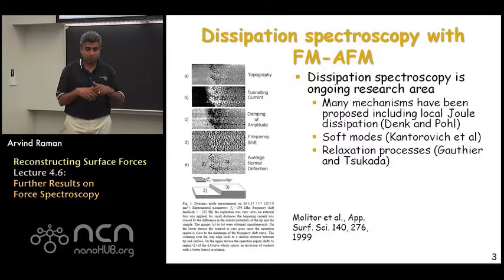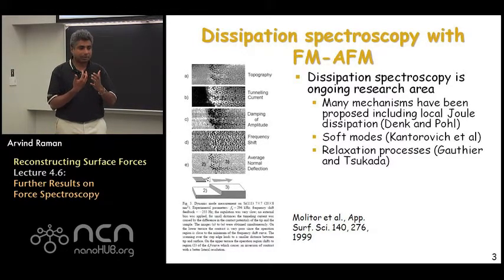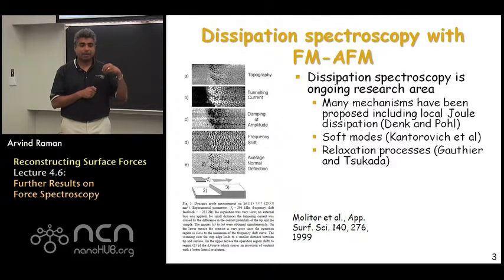So the question that came about was, how is it possible to get dissipation when there is no tip-sample contact? In that particular case, the source of the dissipation was attributed to Joule dissipation that arises due